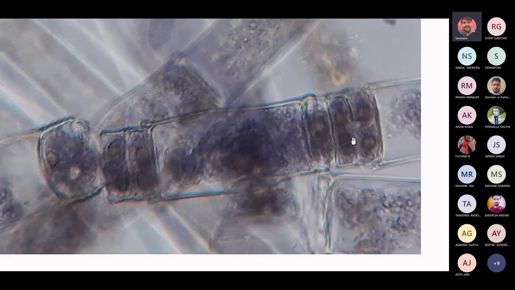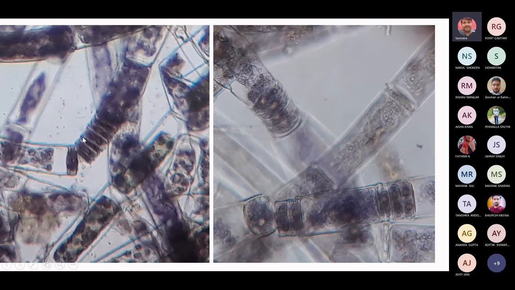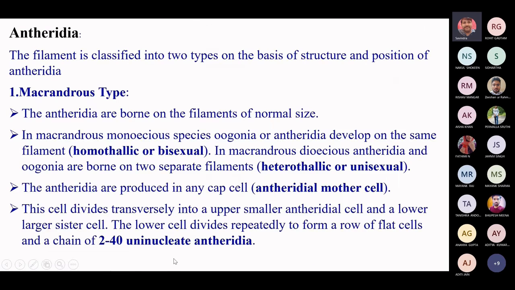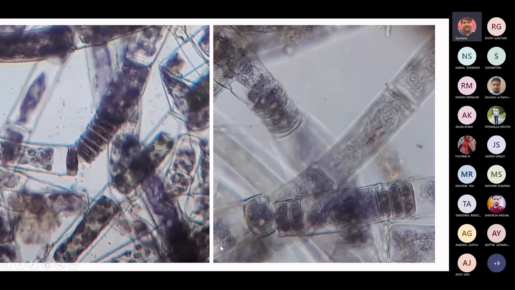Two. Yes. So after this chain of antheridial cells is formed, there is a division inside the nucleus, and they will produce two male gametes inside a single antheridium. So they will produce 2 to 40 uninucleate antheridia, and those